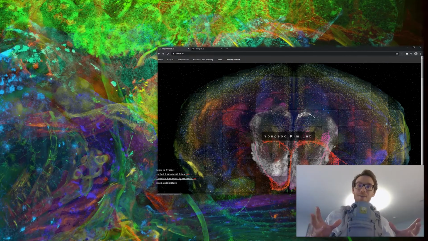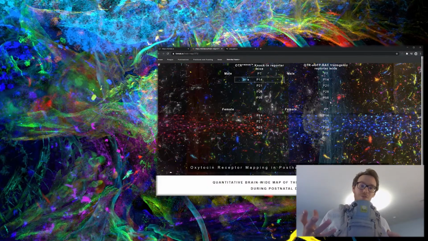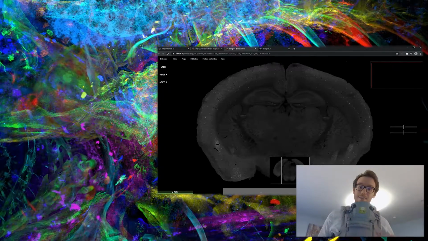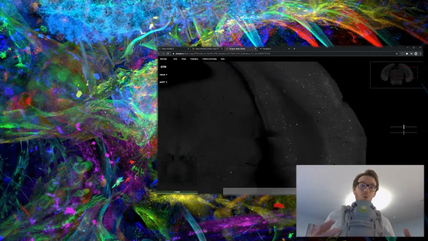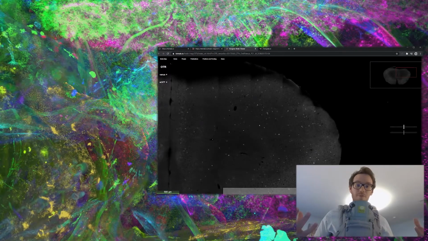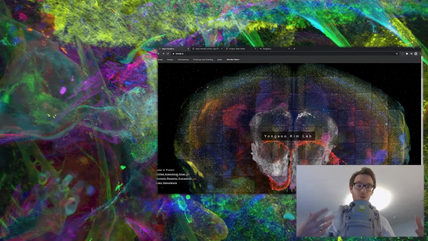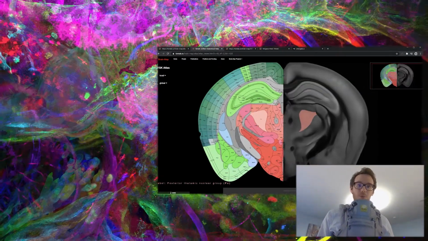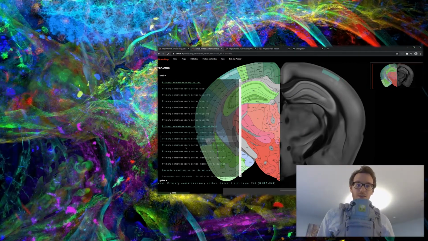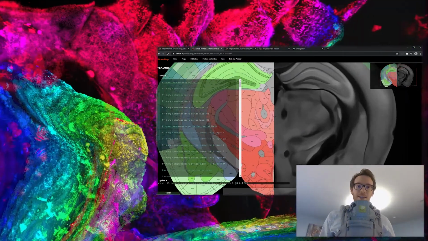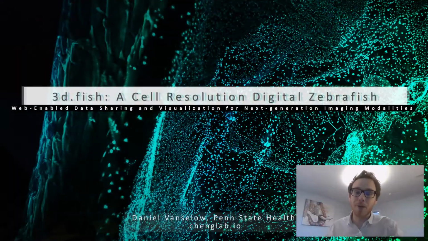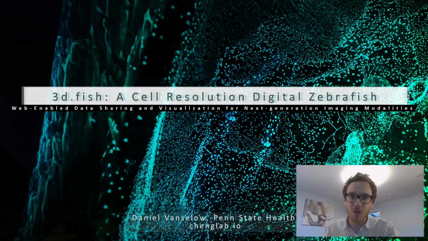So I normally do web development trying to visualize these very large two-dimensional data sets. They can have Z-series like this one, or they can just be huge whole-slide pictures. So I work trying to enable access to these as normal people without specialized hardware. I also do these advanced overlay data sets. Here's an anatomical atlas for a mouse brain that we worked on last year. But today I'll be walking you through 3d.fish, which is a web tool that we developed to share our